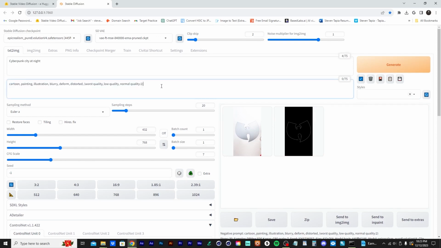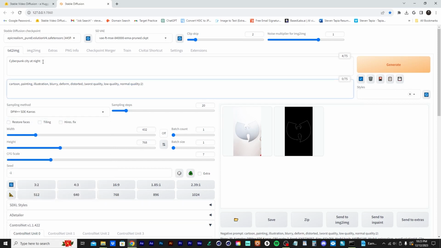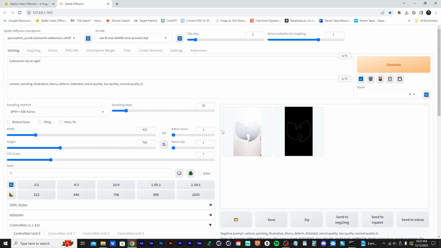Select these. So these are your negatives. Then pick your sampler, which is supposed to be this one for this model. If you go down here, it tells you, let's see, DPM SD Karras. So now you have your main prompt, your negatives, your sampler, and I usually go up to